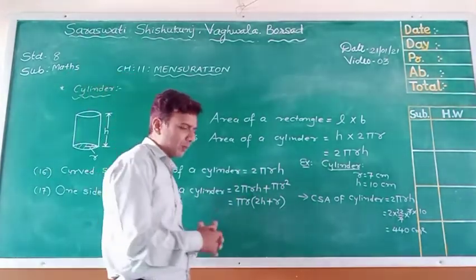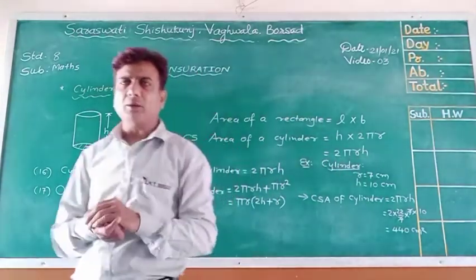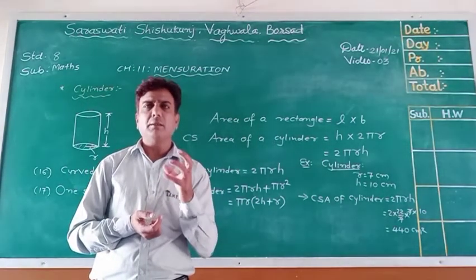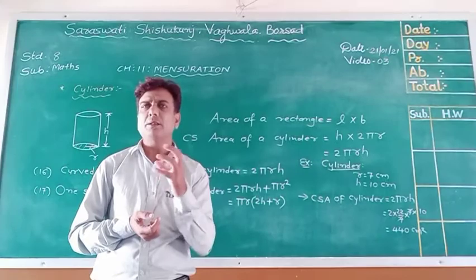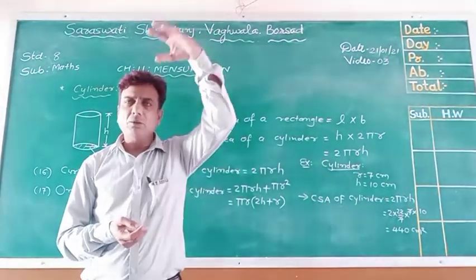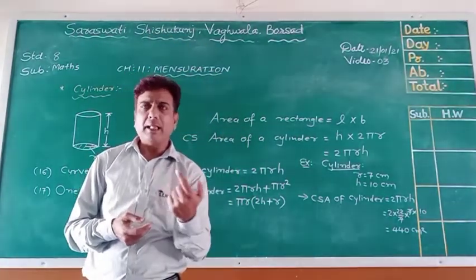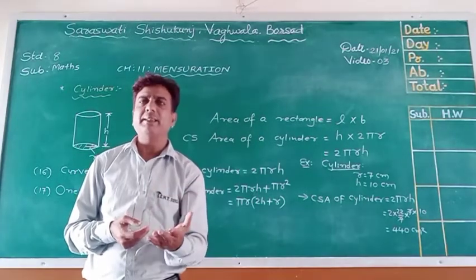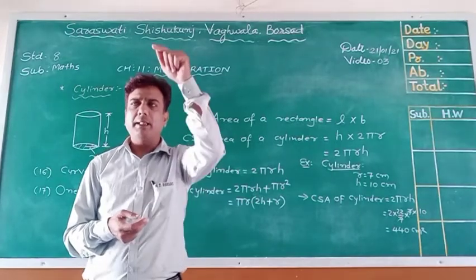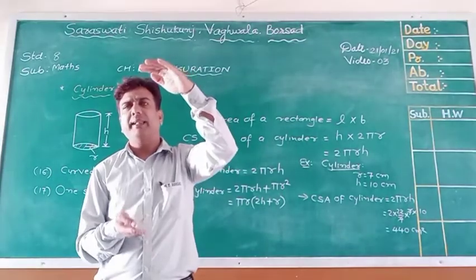Okay, now the next point. Suppose in a cylinder both sides are closed, meaning top and bottom both closed. So we can see the both side closed curved surface area of a cylinder. At that time we add the bottom area and top area, both, to that cylinder. Both are the same, top and bottom shapes are the same. That means the base area is circular, and the top area is also circular. So both areas are the same.